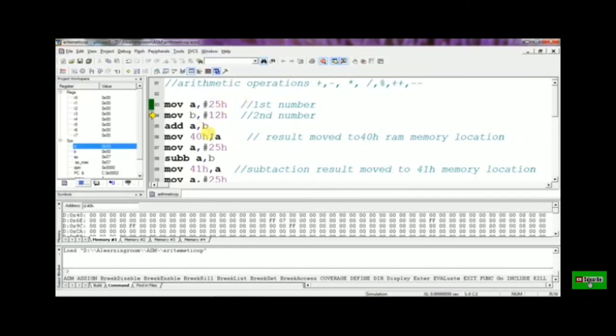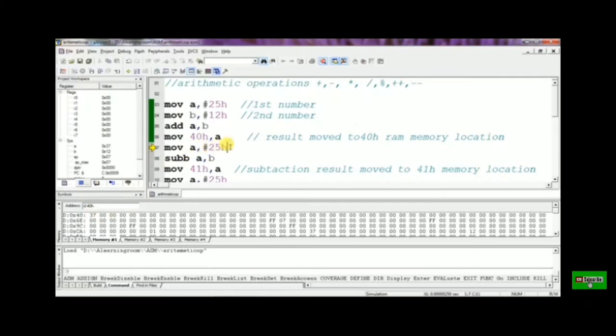The first action performed: move 25H into the A register, then 12H, then addition, A plus B is 37. Here is the 37 in the accumulator register. B remains the same. Then 37 is moved into the 40H memory location.